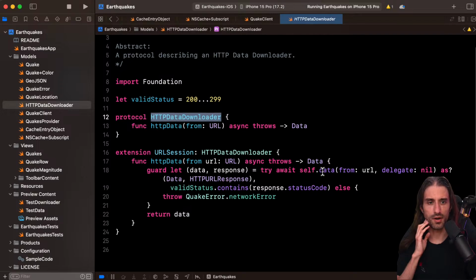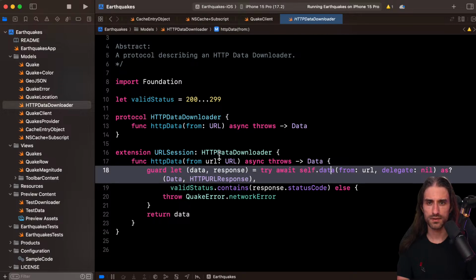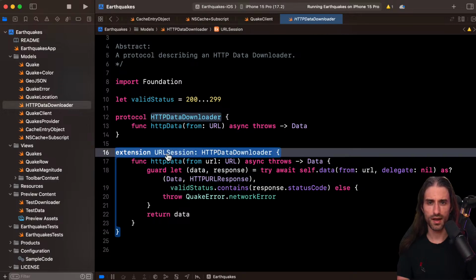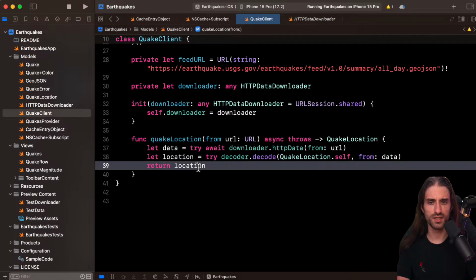Okay, it's a wrapper around the URL session, essentially. Okay, so it downloads the data, then attempts to decode it, and just returns it. So if you followed any of my live streams where we ended up making API calls, it's exactly the same pattern that I was using, except that here, this part of the code is encapsulated into a specific function.